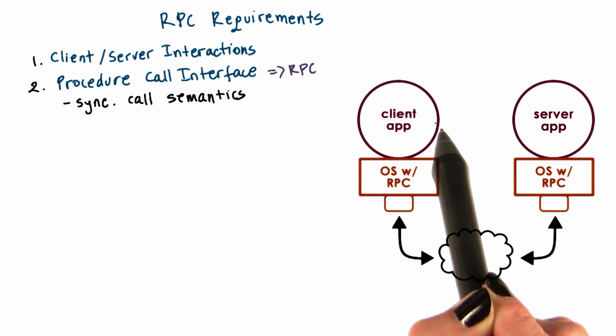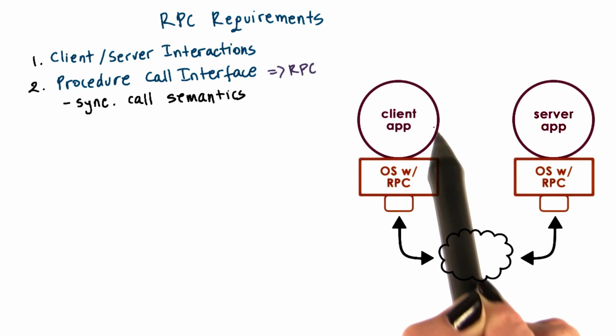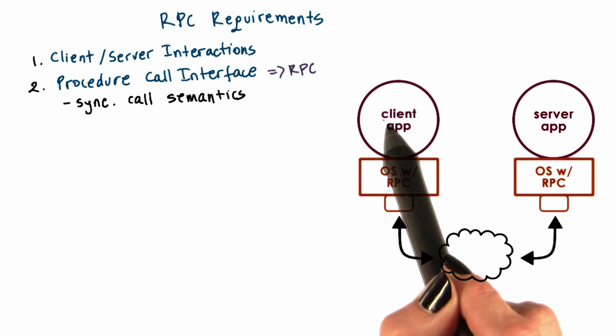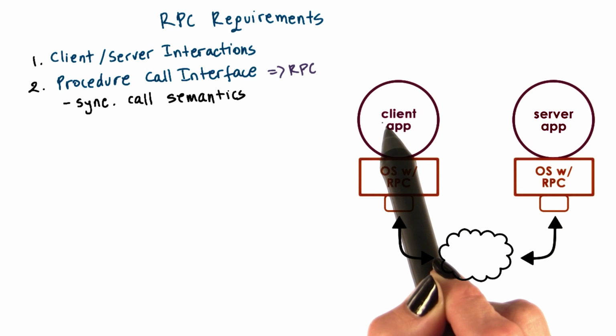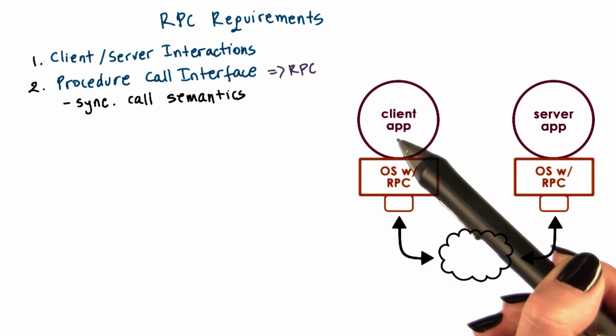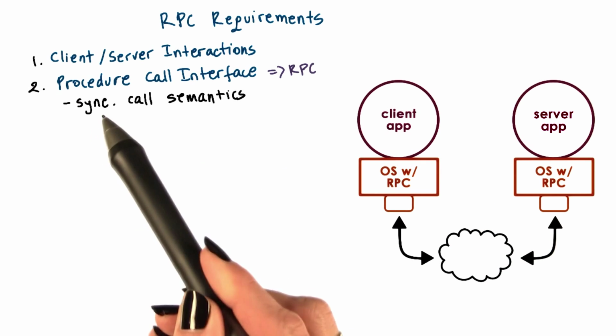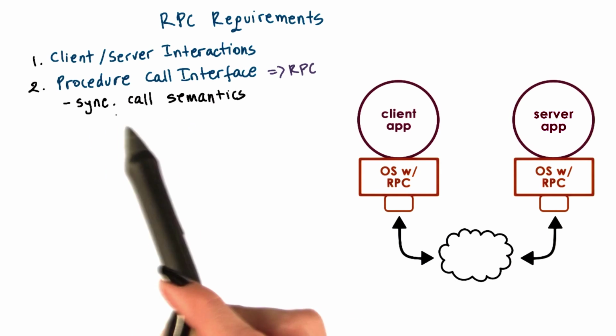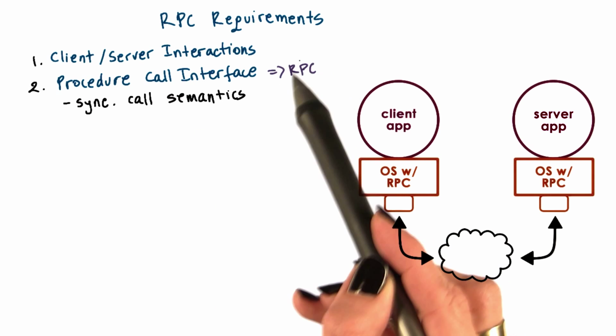At that point, we jump somewhere in the address space where the procedure is implemented. The actual original thread of execution will not advance beyond that procedure call point until we get the results from the procedure. And then when we move on to the next step, we actually already have the results. So this is what we mean by the synchronous call semantics, and this is what we require from the RPC